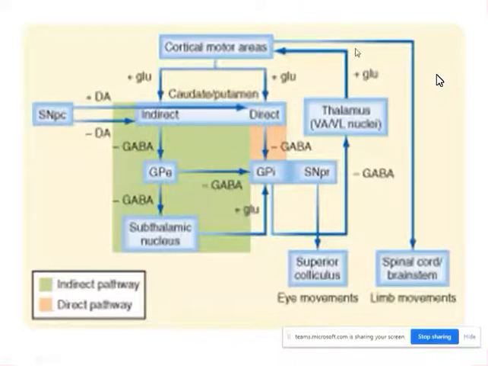So ultimately, the information will be inhibitory. So from the direct pathway, the information that is ultimately going to the premotor area is excitatory, but the information that is going from the indirect pathway is the inhibitory one. One is that. Another is that disinhibition is occurring at the level of thalamus for the direct pathway, but disinhibition is occurring at the level of subthalamic nuclei in case of indirect pathway. Now am I clear?